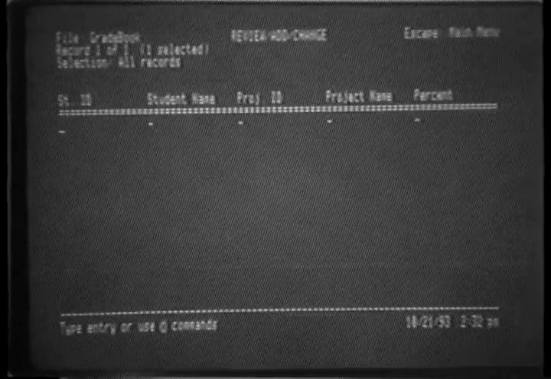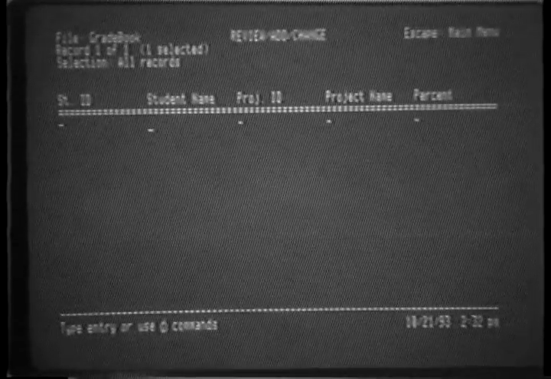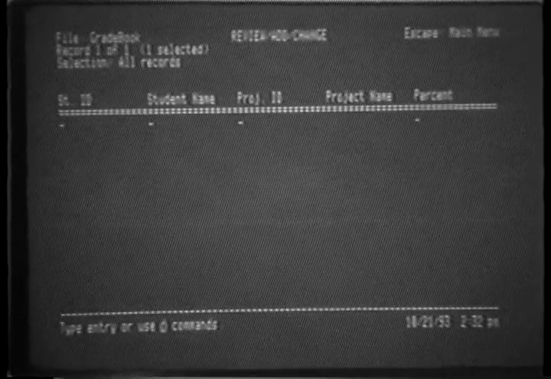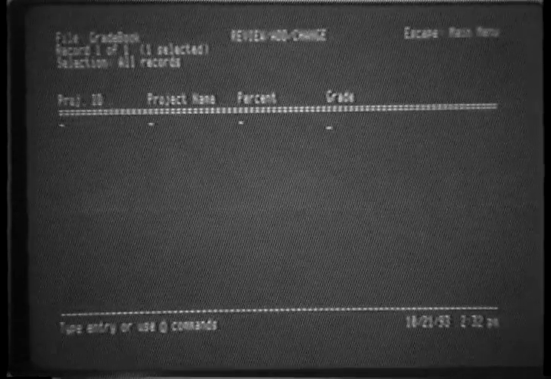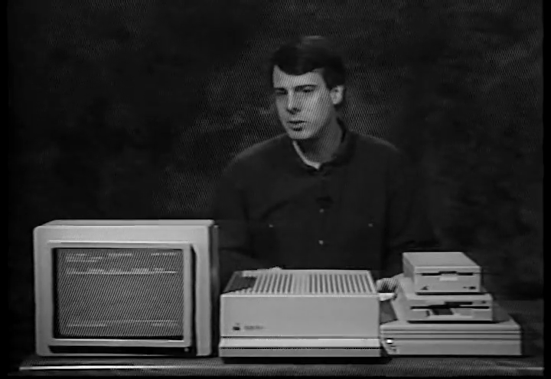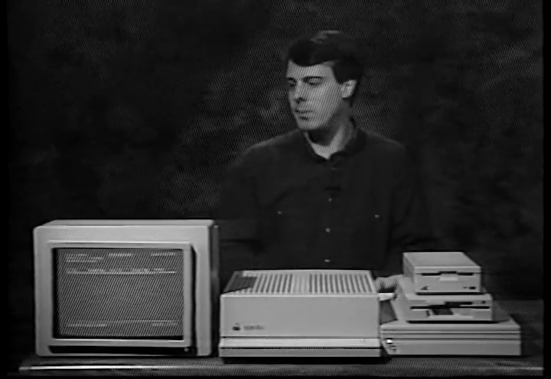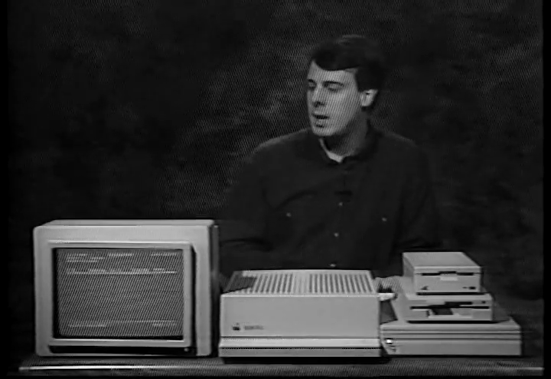And in the Gradebook, I've put in categories for the student ID, the student name, project ID, project name, the percent grade, and then the letter grade. This would be where, when a student hands in a test, that you would enter his information. The student ID is